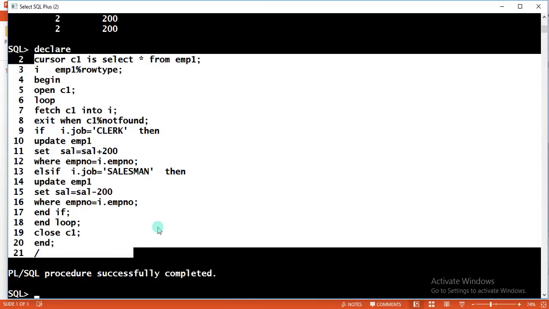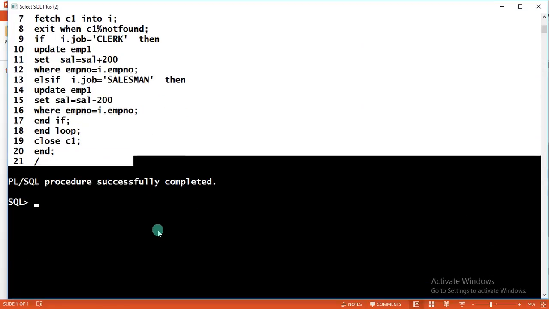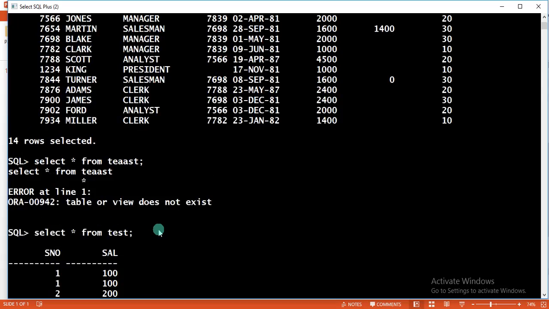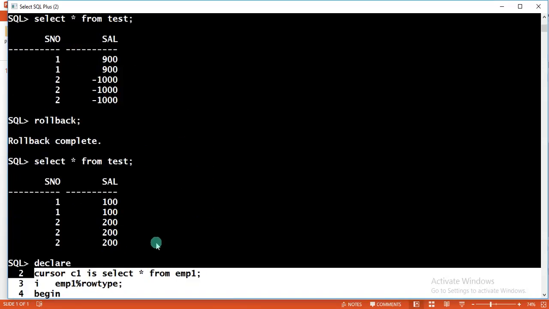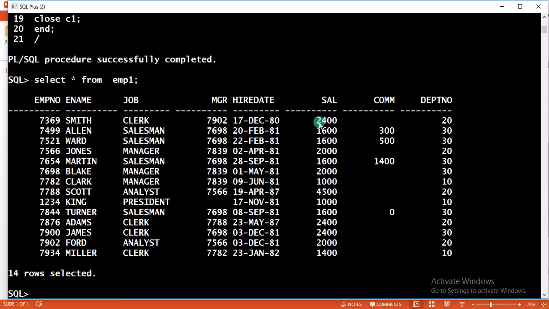Now see, before that you have to observe one thing, so no problem. So see, select star from EMP1. Now see here, observe on that: 4,000, 2,400 and 1,600.